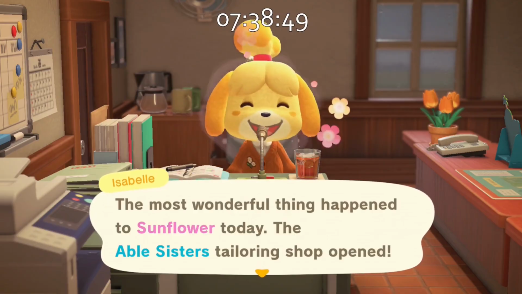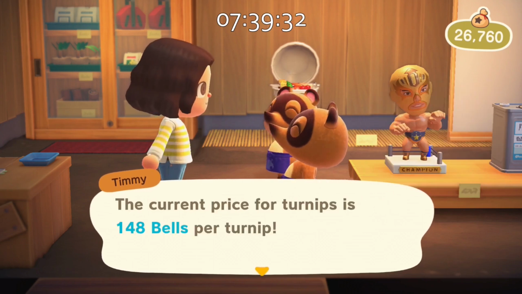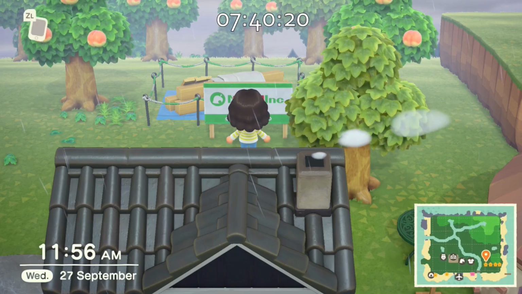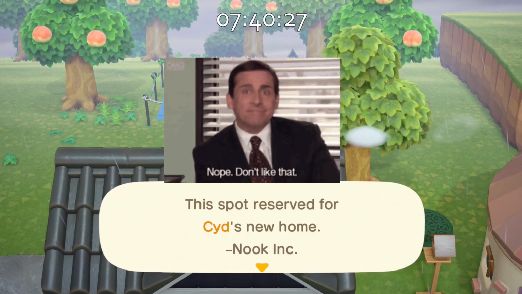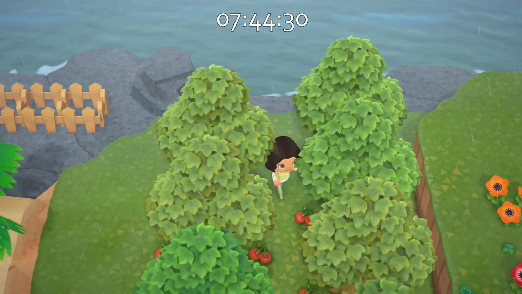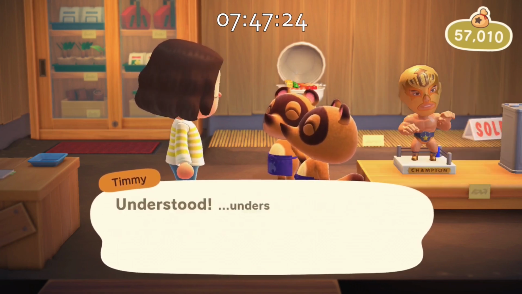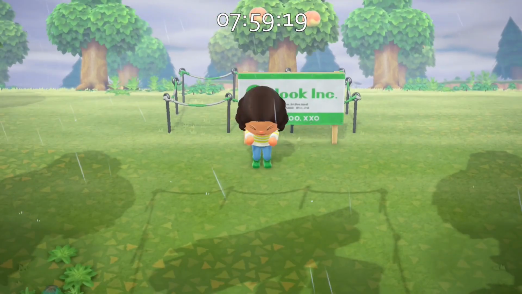I time travel to the next day and Abel's is open. Turnips are at 148 bells, but I'm being a little bit greedy and I still don't sell. I check my plot and it's auto-filled with Sid. Not really having the best of luck with villagers here. I run around and I do a few dailies. Turnips go down to 132 and I still don't sell them. I buy another plot of land so that I can get my 8 villagers, and then I time travel ahead